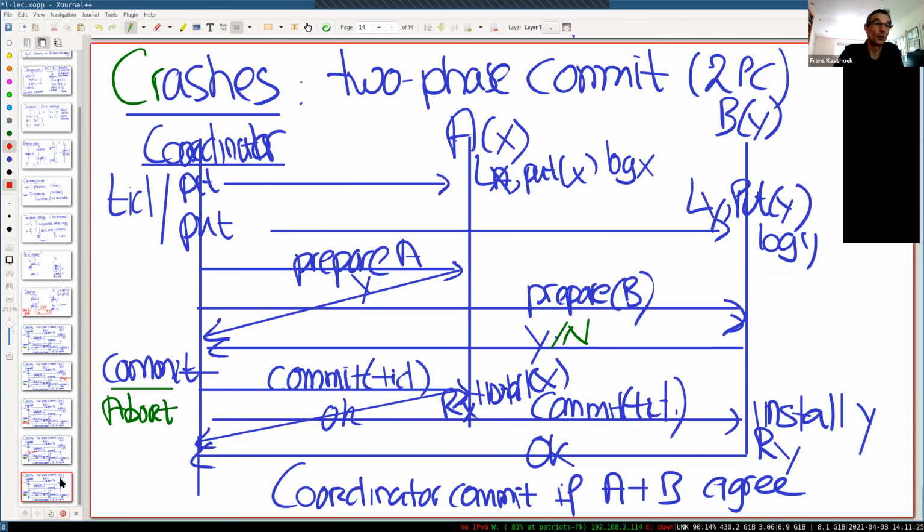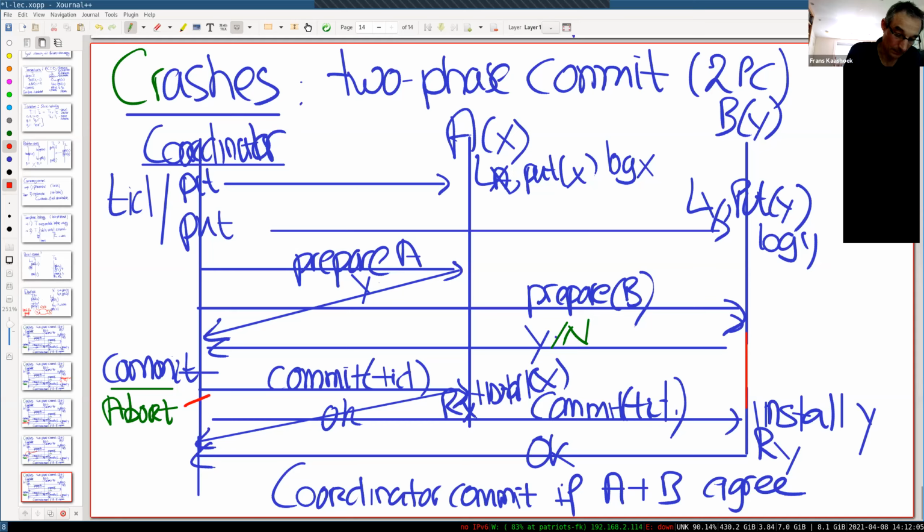I'll come back to this later, actually, one more time. So the first thing I wanted to point out is to go back to the case where B or A said yes and then crashes. Or actually, let me see. Is this the case? No, I want the following case. Sorry, let me fix this line. So A and B promised their thing, but I want to go back to the case that we already discussed, which is right after the commit point,